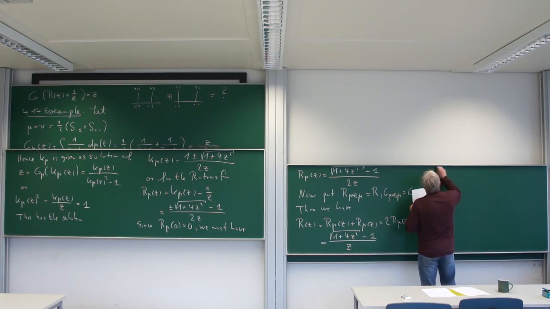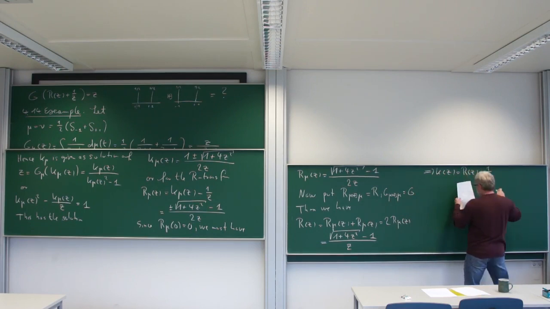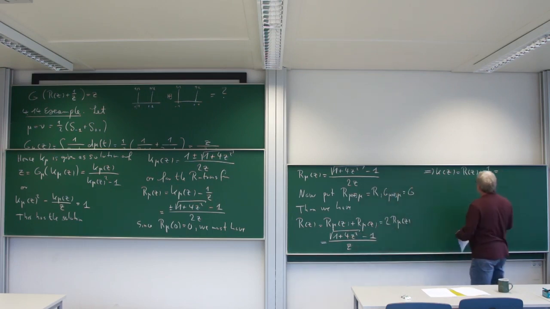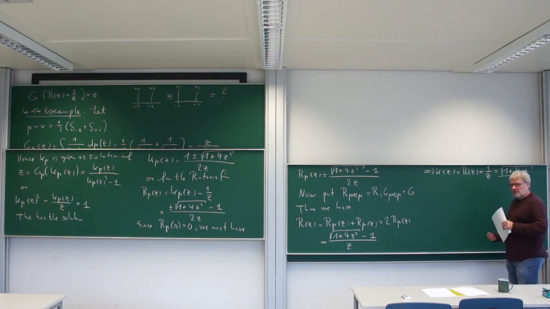Good. Okay, so K of z, which is R of z plus 1 over z, is now just, we remain with this term. So minus 1 is getting cancelled by this 1 over z. So we have the square root of 1 plus 4 z squared, divided by z. Good, so that's the R transform of mu plus mu,